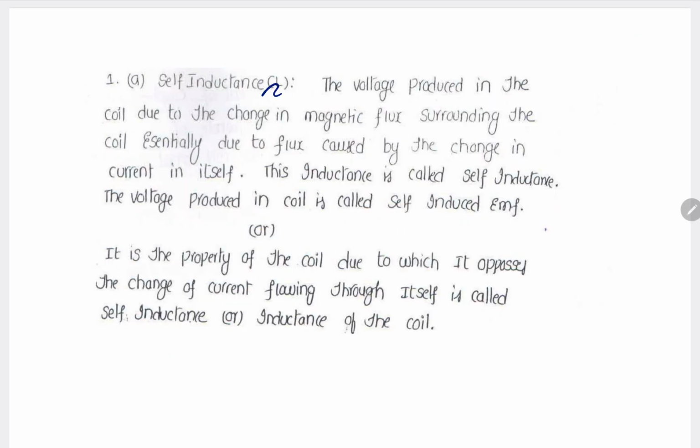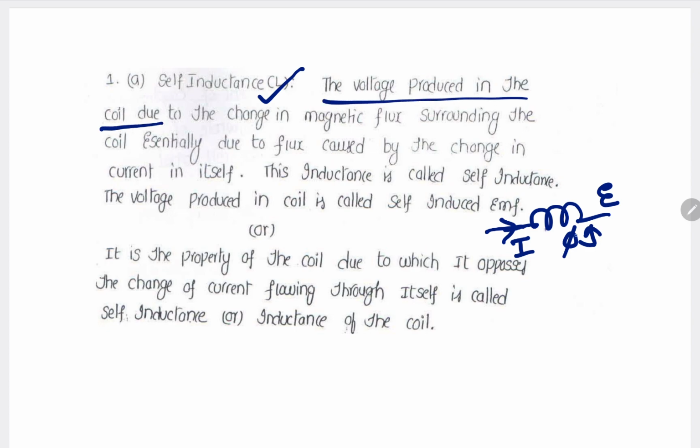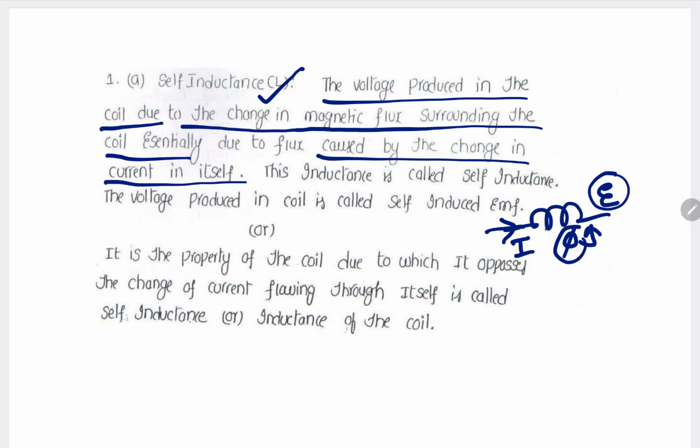Next concept, we will start with self-inductance. What is the meaning of self-inductance? Let us say this is the inductor. When current flows through the inductor, if it is AC current, then it will produce AC flux. Then this AC flux links with the coil, and EMF will be induced. So here, the voltage produced in the coil is due to the change in the magnetic flux surrounding the coil, which is caused by the change in the current itself. So this voltage in the coil